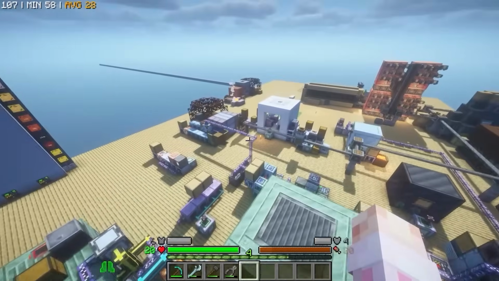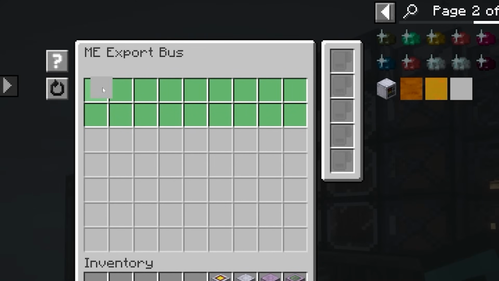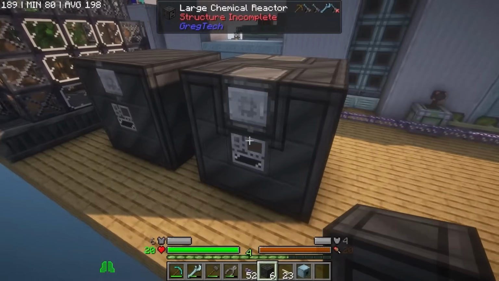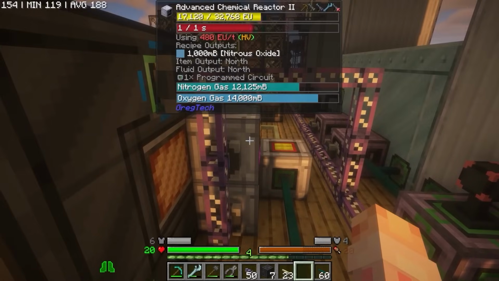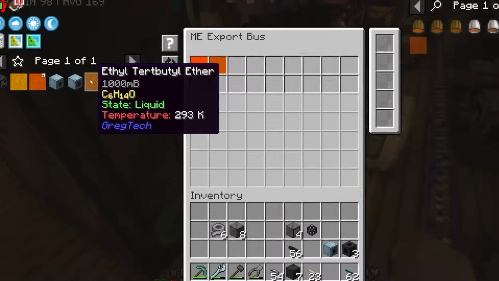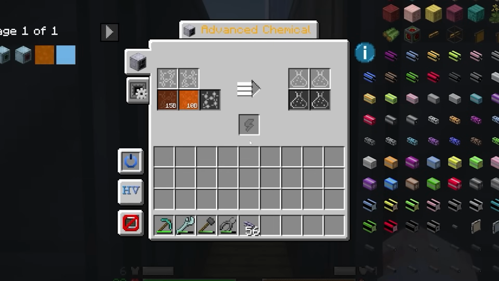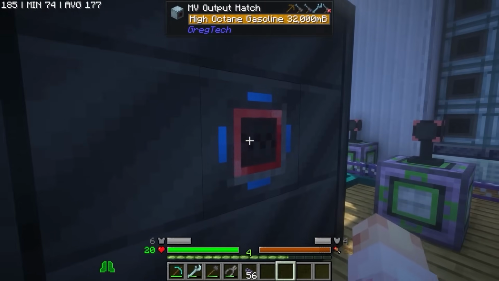But let's get that gasoline flowing, because it's time. We'll need a large chemical reactor combining naphtha, refinery gas, acetone, and menthol to make raw gasoline, which can be reacted with toluene to become regular gasoline, and then sent into another large chemical reactor to be mixed with octane, more toluene, nitrous oxide, a reaction of nitrogen and oxygen, and ethyl tetrabutyl ether, a reaction of ethanol and butene that I can't pronounce. And with some final AE hookups, we have a fully passive supply of the best combustion